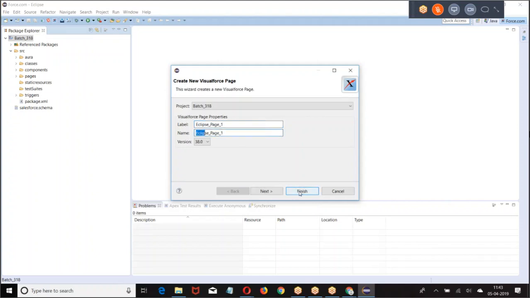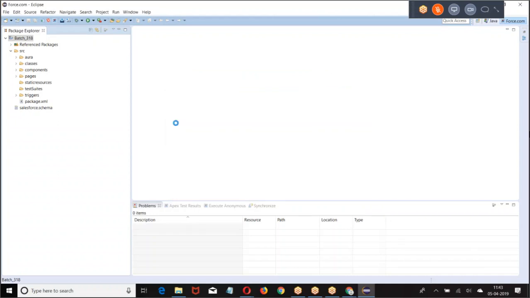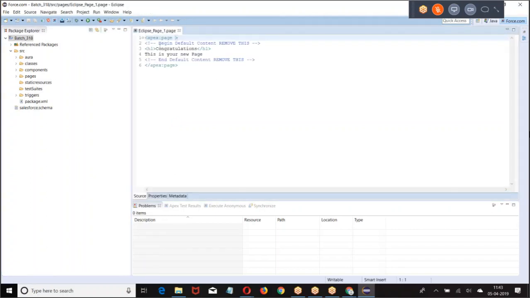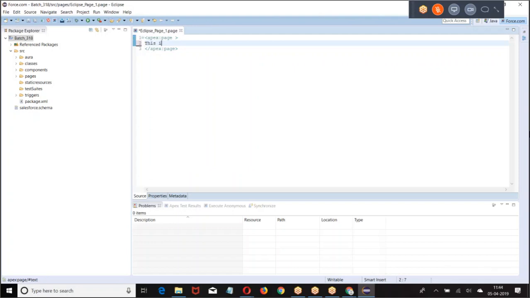Eclipse page 1. I wrote some code, gave Control S. Once I gave Control S, you will be finding the workspace.